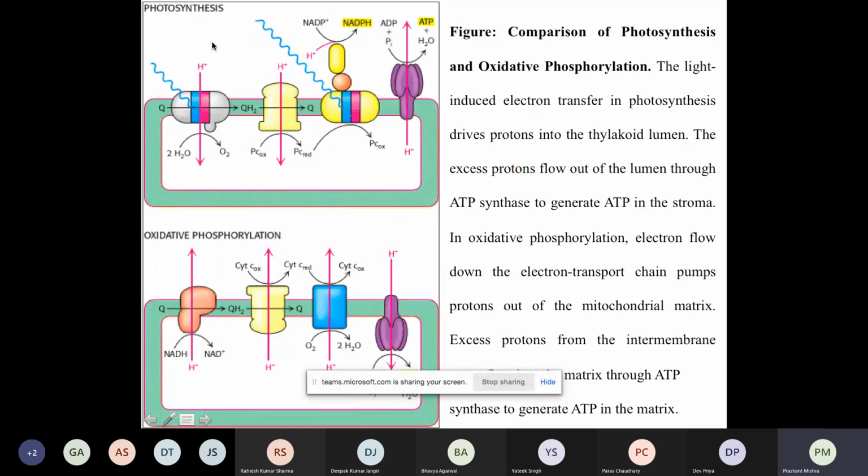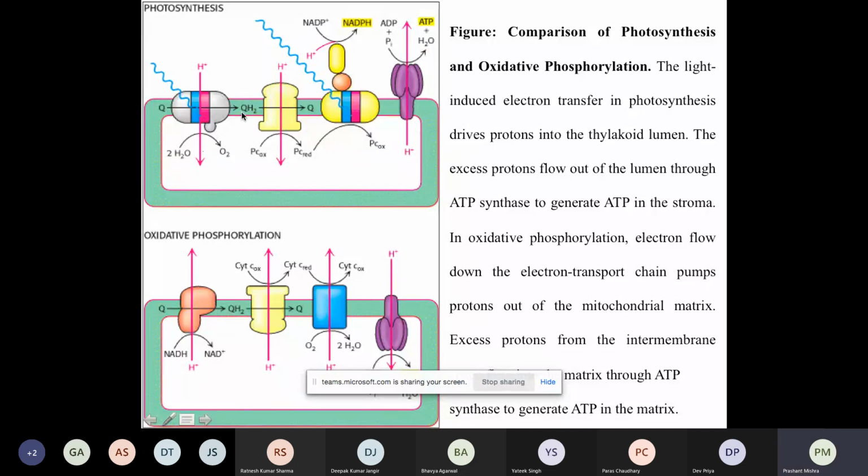Okay, so this is the figure which will show you how photosynthesis is different from oxidative phosphorylation. Though in both of the cases phosphorylation occurs, it is not exactly photosynthesis. I'm just focusing on the photophosphorylation. So photophosphorylation and oxidative phosphorylation are different in the sense that one is happening in mitochondria and this is happening in the chloroplast or in the thylakoid membrane. So what you are learning here is that the proton is pumped in, and in oxidative phosphorylation, what you see is that